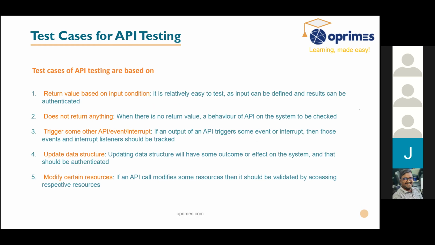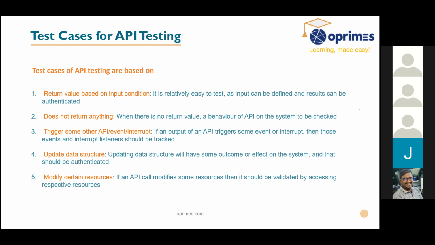Okay. What are all the test cases we will be performing in API testing? What we majorly see is what is the return value based on the input condition. Say I'm searching for a red and blue saree on an e-commerce website, then the corresponding value should be returned, right? And to give you another example, if you are searching for something in Google, it should give you a corresponding result. So input and output should be matching.